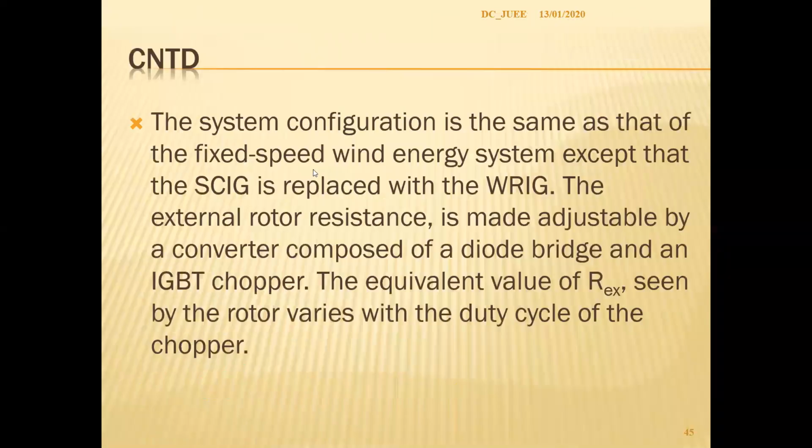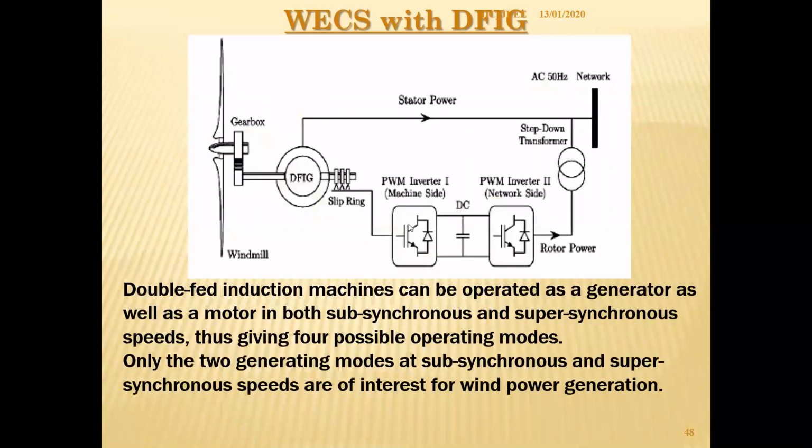Now this converter is known as the rotor side converter, RSC, and this converter is known as the grid side converter. This is one advantage of using active control in the rotor terminals instead of resistive control. So we handle less power here, but at the same time we can control large power here. Is this clear to you? Because of slip power handling.